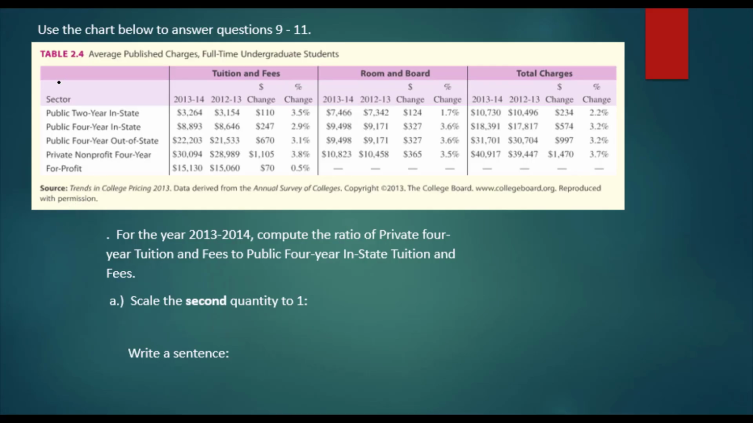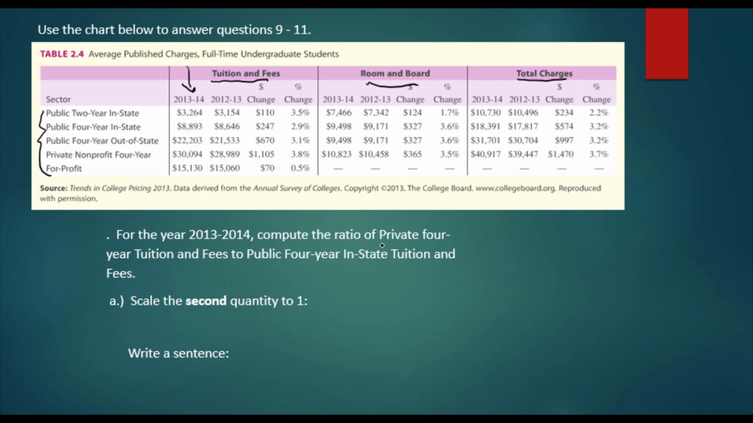So we're going to use this chart for 9 and 10. And just going over it, here are different types of college institutions. Here is tuition and fees, and then room and board, and finally total charges. So you want to make sure you read this carefully, right? So it said for the years 2013, 2014, which would be this here,